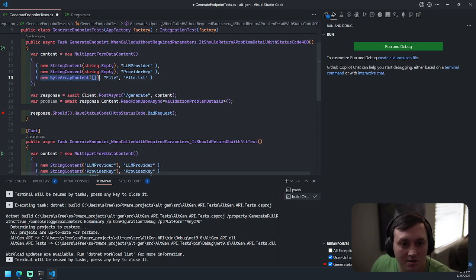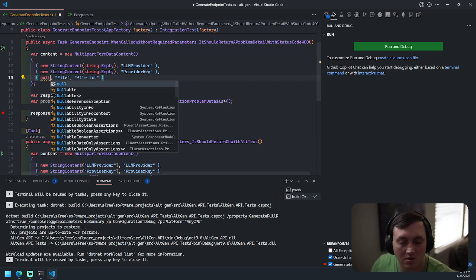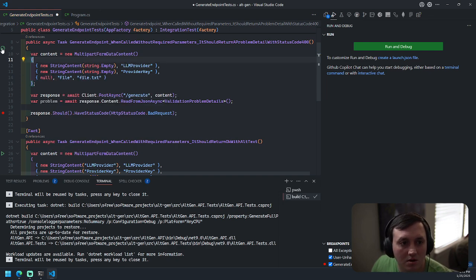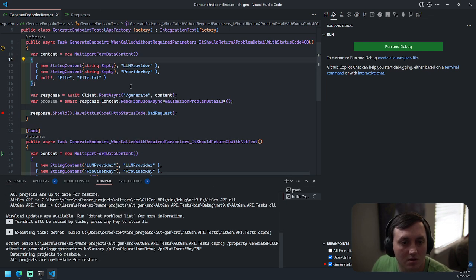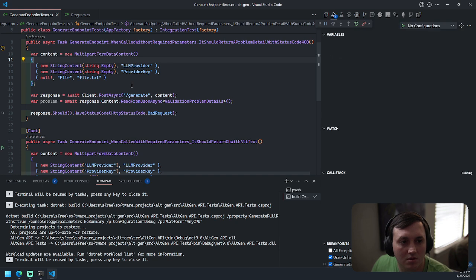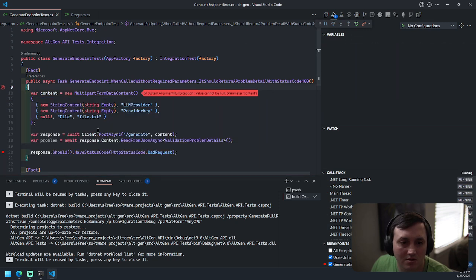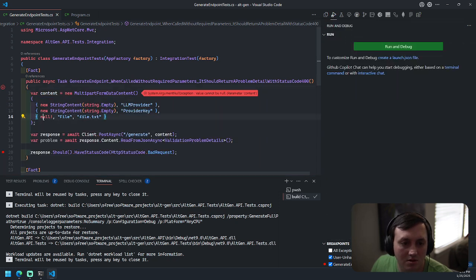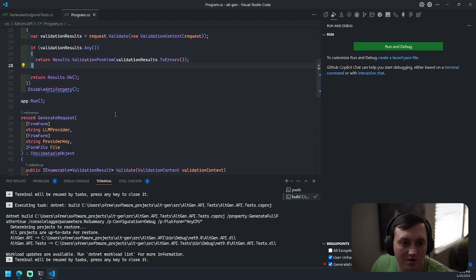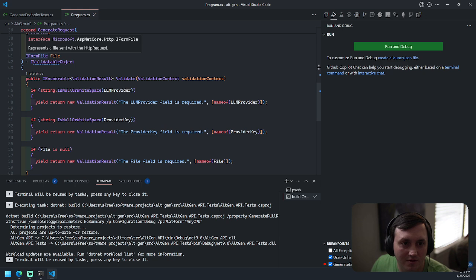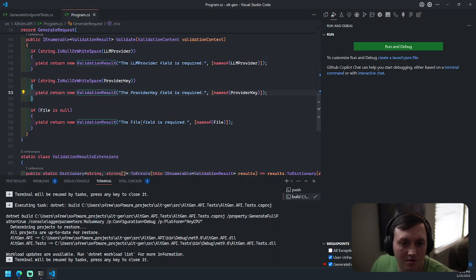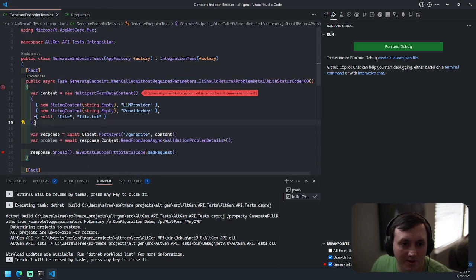I want this to actually be null. Value cannot be null. Maybe I don't want to check for null. Maybe I want to check for... I guess, hold on, maybe I do. What if I make this empty?